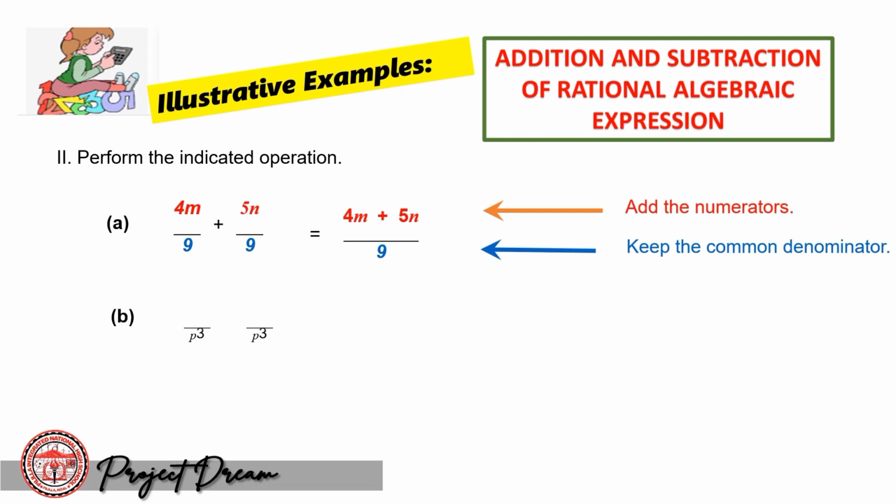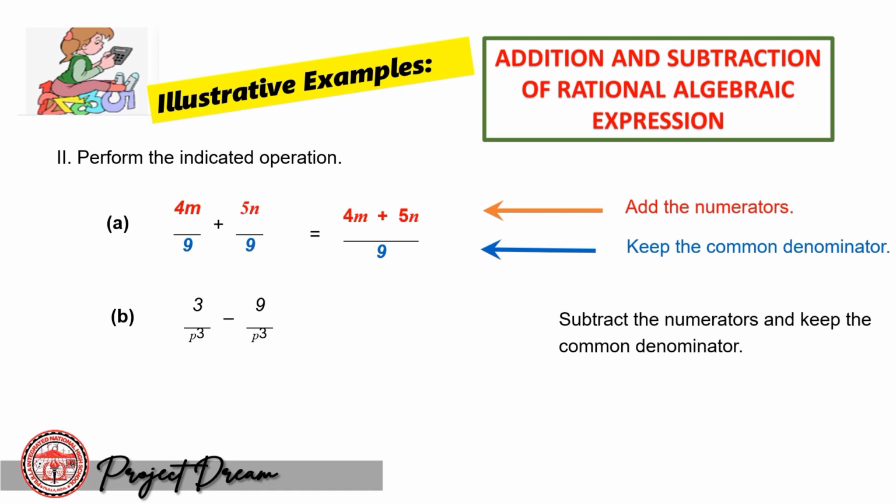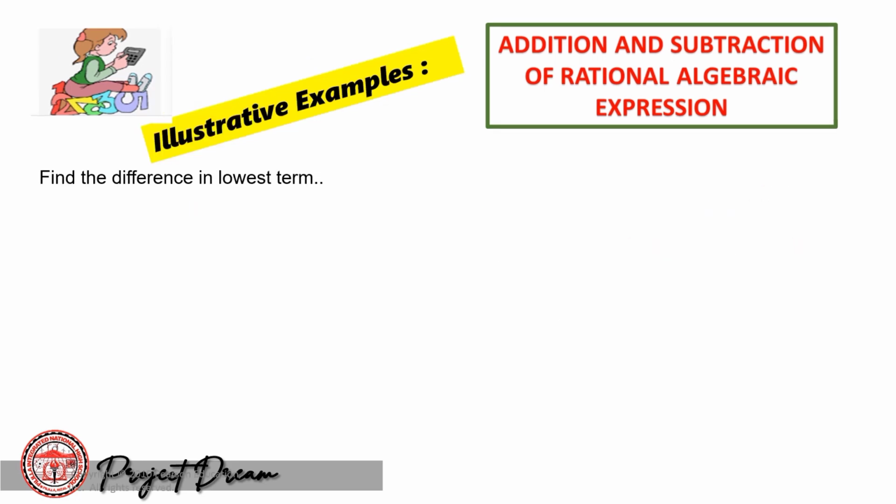Now, the next example is 3 over PQ minus 9 over PQ. Subtract the numerators and keep the common denominator. Subtracting the numerators, we have 3 minus 9 over PQ. Then simplifying further, we have negative 6 over PQ. Moving on to our third example, K over K squared minus M squared minus M over